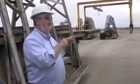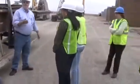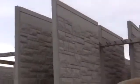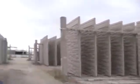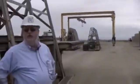Every piece that you see here has its own piece ticket. There's nothing that's duplicated. So are these only precast or prestressed? These are all precast. Everything you see on this side of the plant is precast. Rebar, wire mesh, no strand in it at all. Precast can vary some load. Do you guys specify the load bearing capacity of the precast? The structural engineers will do that by design. They'll work with the architect. There's always an engineer of record on these jobs, and the engineer of record will say that wall panel has